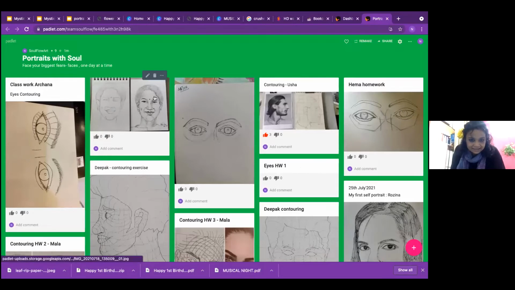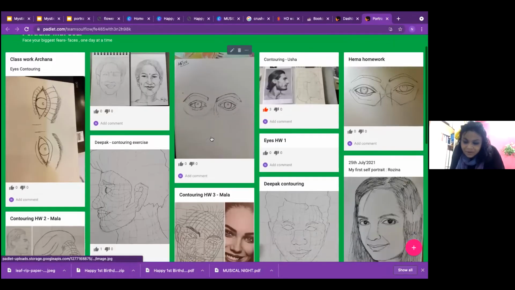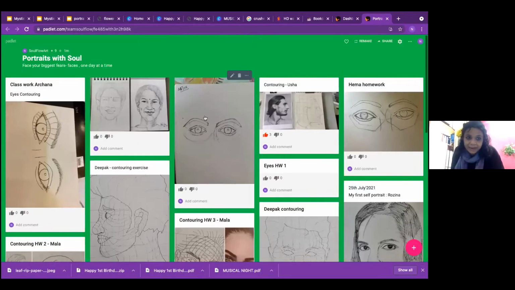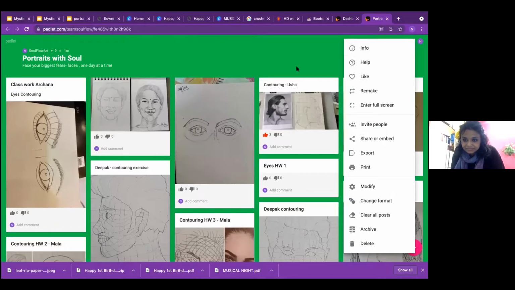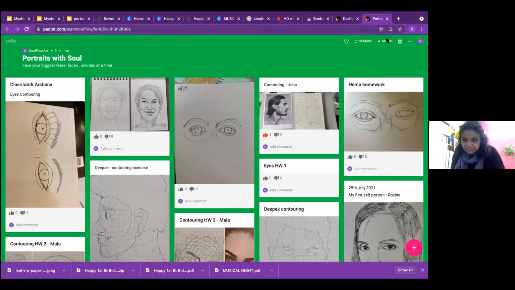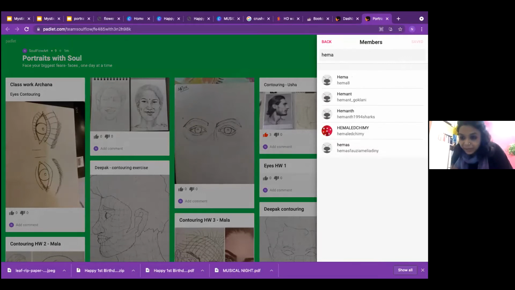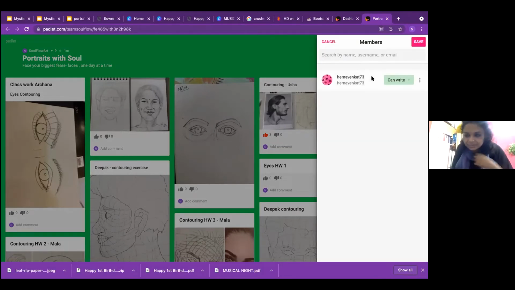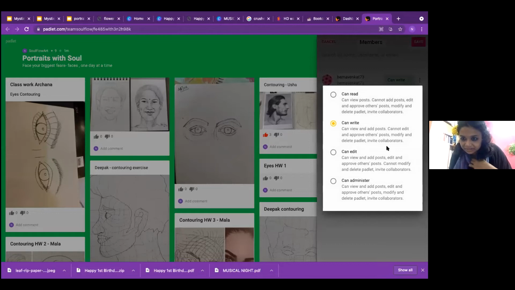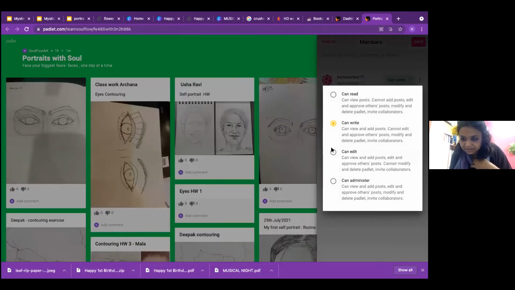I'm not able to find my folder, Sanchari. What is your folder? You have to just click on that link. No, you go to the home page. You can see all of it at once. Arrow upward. If you go there, you have to go into the photos in your phone. You have to allow it. Wait, I'm adding you here only. Hema auntie, what's your email ID? Hema Venkat 73 at gmail.com. Yeah, you are here. This is you. I'm adding you here only. You will never lose it.